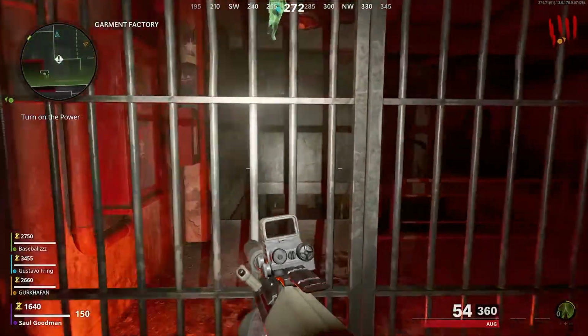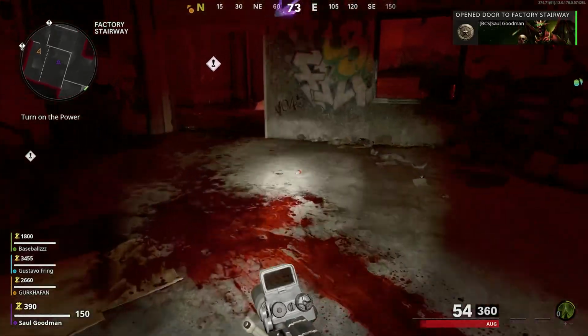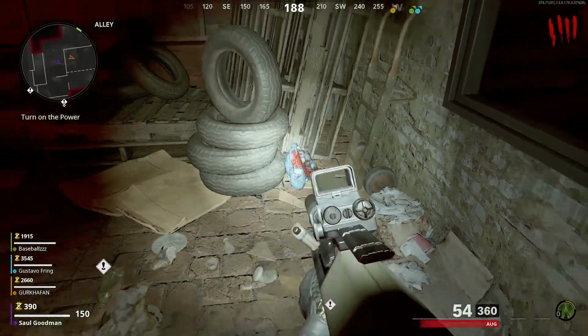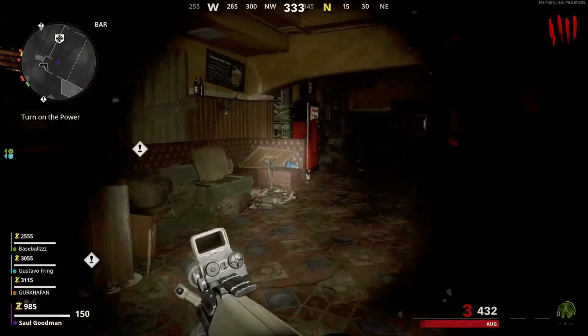So then you want to go open this door and you want to go all the way down into the alleyway and there will be another bunny piece. The bunny piece is right around this corner and it's going to be the second one, and there's 5 of them in total. So next you're going to want to go over to the bar,